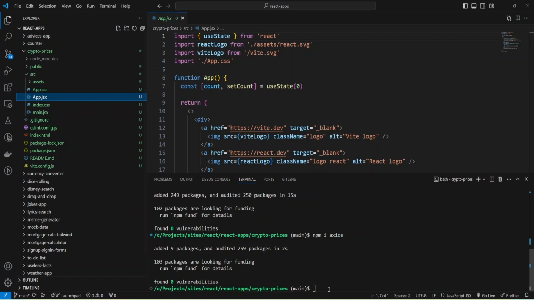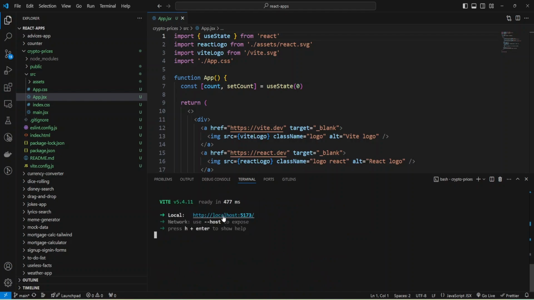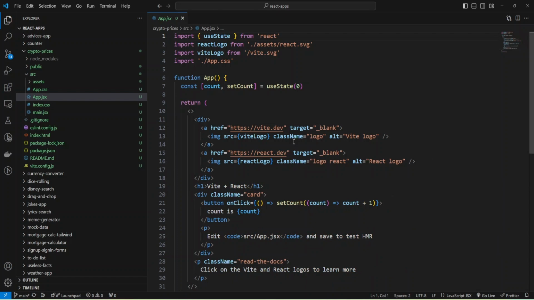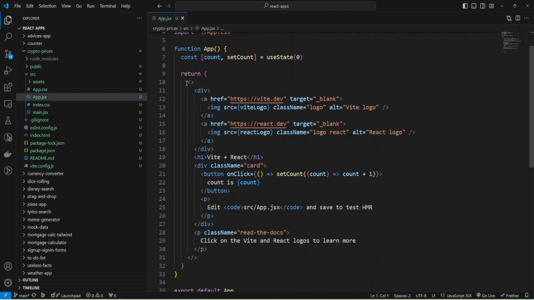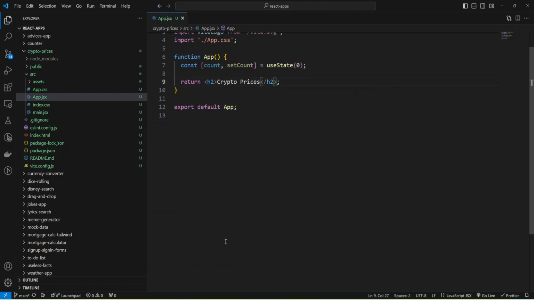And now I can run the dev server with npm run dev and open my project in the browser and hide this panel. And now I can remove all this auto-generated code and provide an h2 tag like crypto prices,